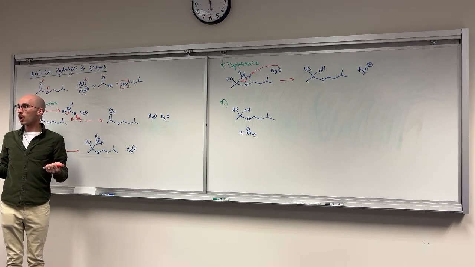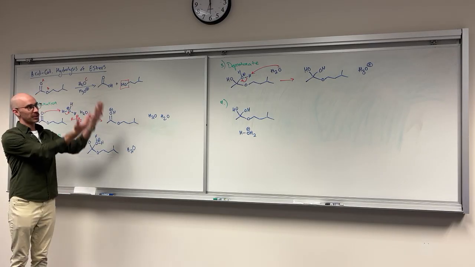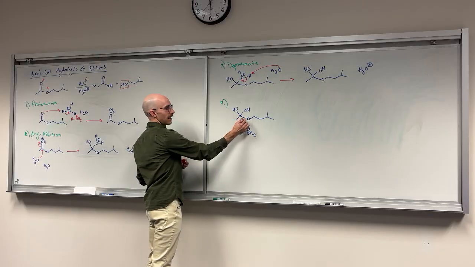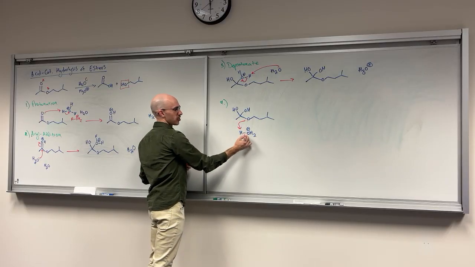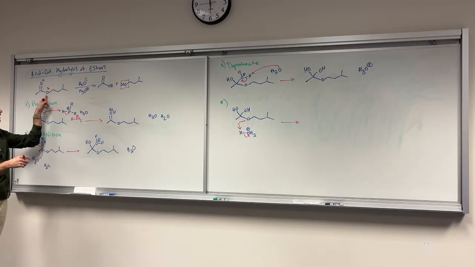Should I protonate one of the OH groups? Good. The OH group would just send me backwards. So the only logical thing to protonate is the ether oxygen, or what used to be the ester linkage oxygen,